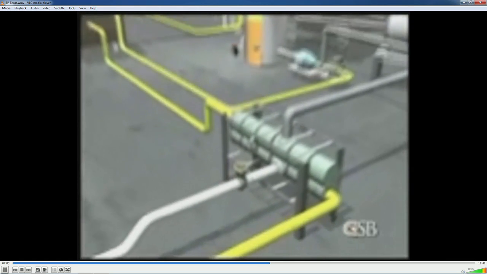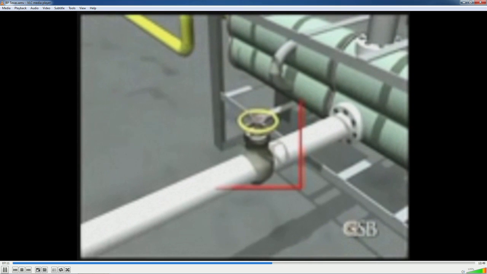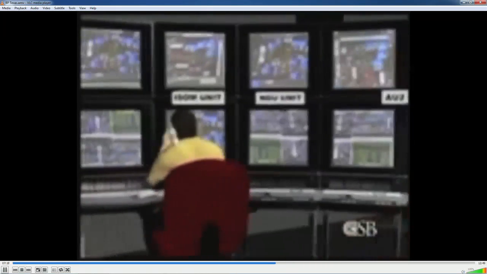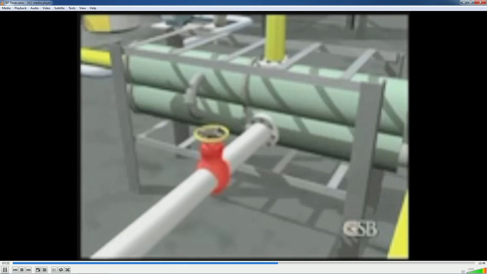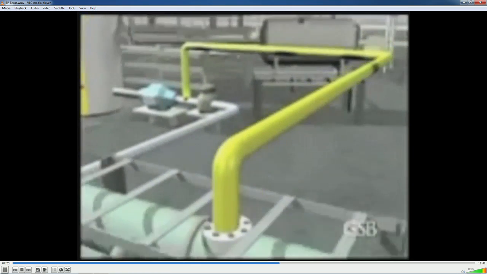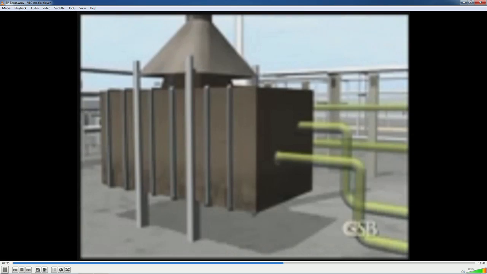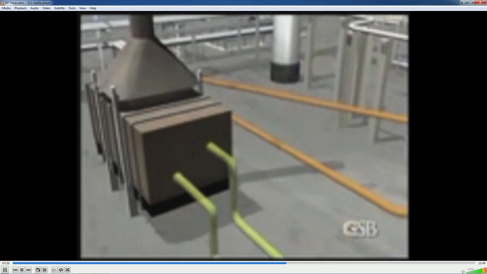Startup procedures called for regulating the liquid level in the tower using the automatic level control valve. But the board operator and others had received conflicting instructions on routing the product. As a result, this vertical valve was left closed for several hours, blocking the flow of liquid from the tower. A few minutes later, operators lit burners on the furnace to begin heating up the feed, part of the